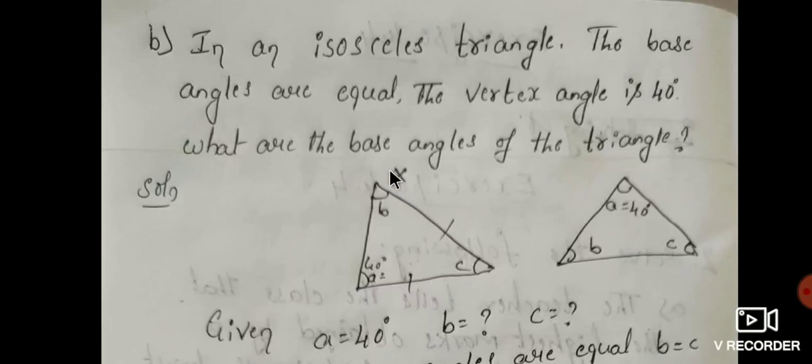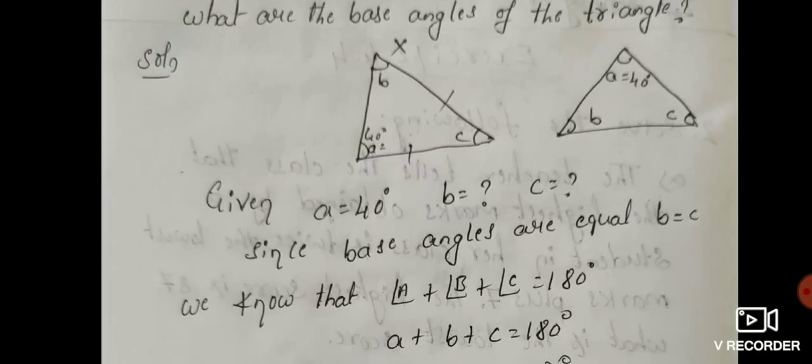Dear students, here I have drawn it wrongly, because this is not an isosceles triangle. So the vertex angle means here. Base angles should always be the same. So this is the isosceles triangle. These two are the base angles, and this is the vertex angle. They have given the value of the vertex angle, that is vertex angle A is equal to 40 degrees. So we should first write what they have given. This was wrong, this is not an isosceles triangle, this is an isosceles triangle.